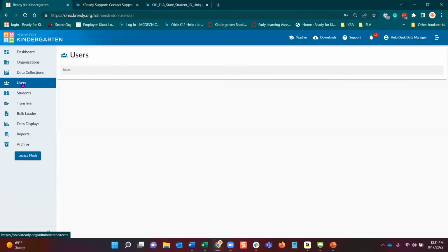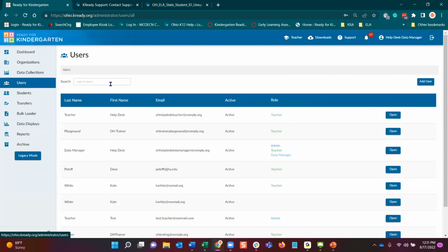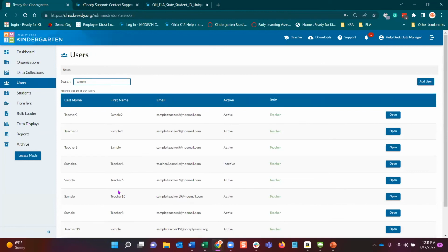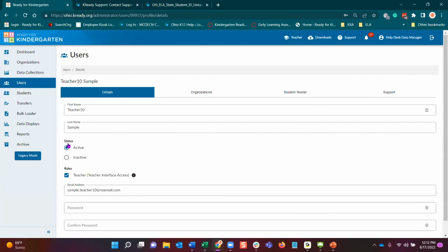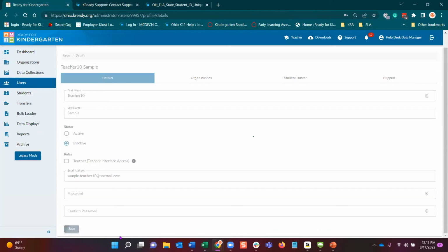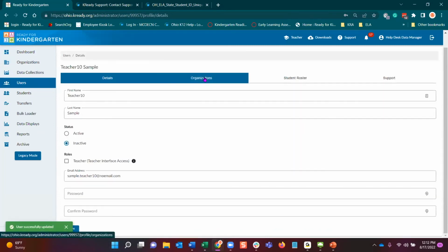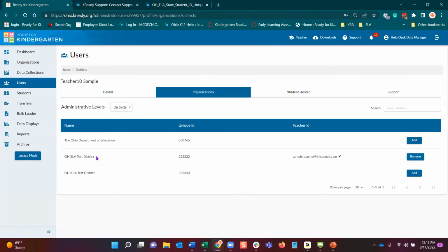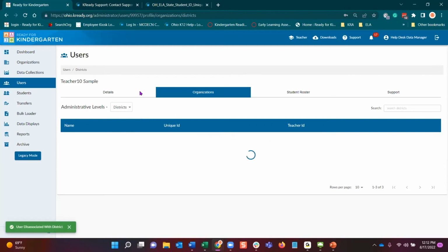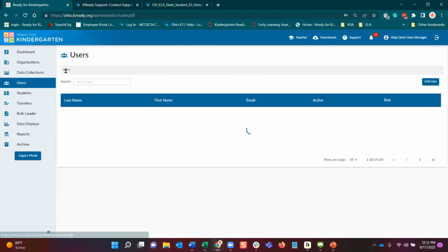So if you select your users, type in the name of the teacher you are looking to remove from your district. Let's just go ahead and go with number 10 here. Select open. Make them inactive in the status, and remove the teacher role on the details page. Hit save, but make sure you go to the organizations tab, select the drop-down arrow, select your district, and remove them from your district. Now, when that is done, and you go back to your users,